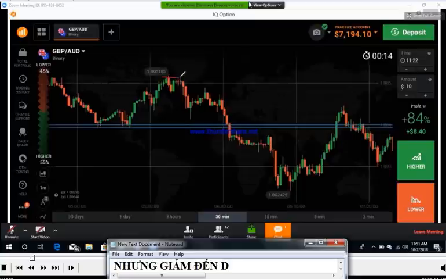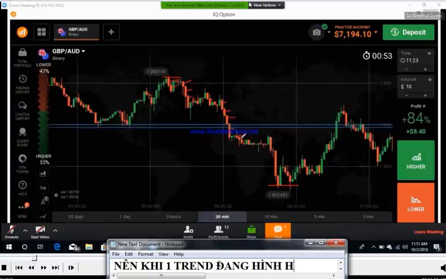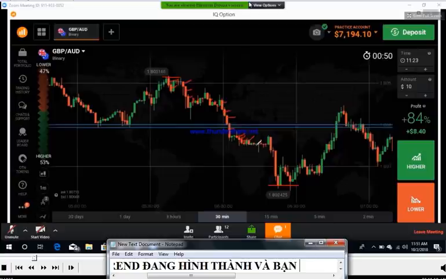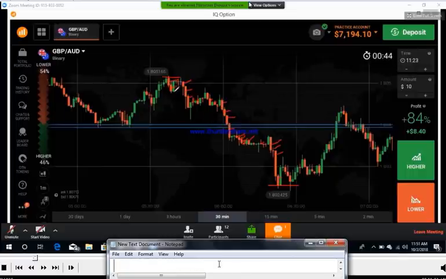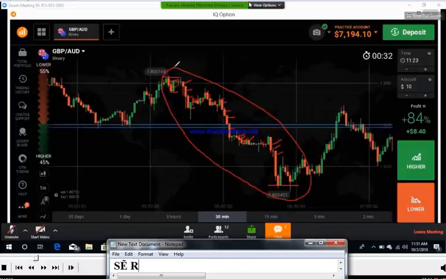So this is a downtrend, started here, closed here. In this downtrend, if you trade in the direction of the trend, you have so many opportunities. There are more possibilities to win your trade when you go with the trend. But when you go against the trend, you have very few opportunities to win your trades. So you must follow the trend to get a good winning ratio.